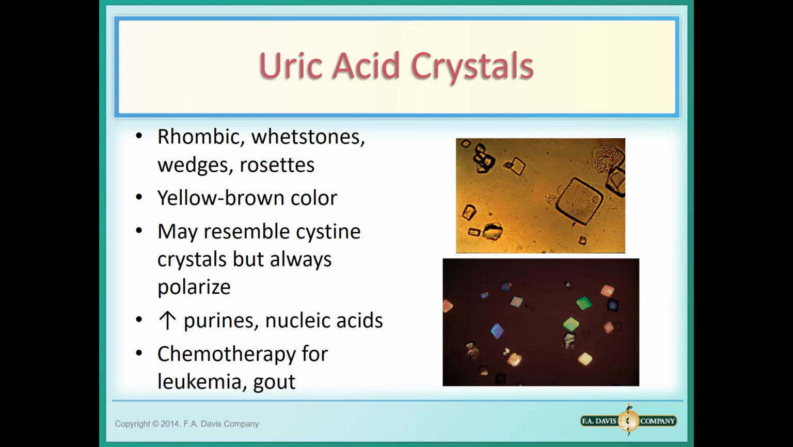Typically kind of yellow-brown. You don't know what cysteine is yet. It doesn't really resemble cysteine, other than it's a very refractile crystal. It is increased when there are purines and nucleic acids present. Sometimes we see it in patients with chemotherapy, things like that. And gout, very typically seen in gout. We should mention that when we do synovial fluids, we're going to see uric acid crystals forming in